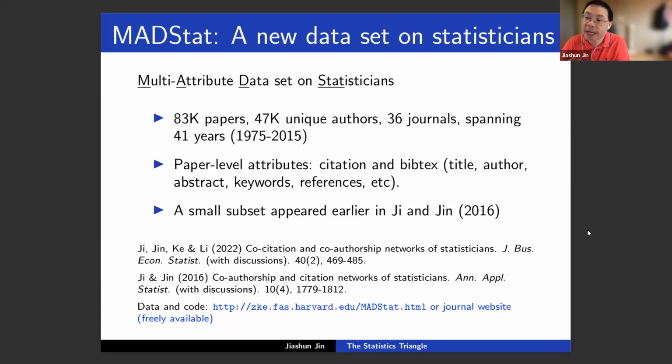In the bib text, you have the title, author affiliation, abstract, references, keywords, and MSC subject classification, all this information. Because the main content of the paper is very long, we do not download it, but aside from that, everything else is downloaded. The second part of the data set is the citation counts. Within the scope of these 83,000 papers, we have downloaded the citation information of which paper cites which. For example, if paper I cites paper J, then we have a count there.